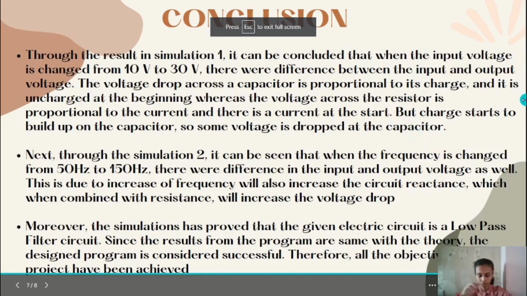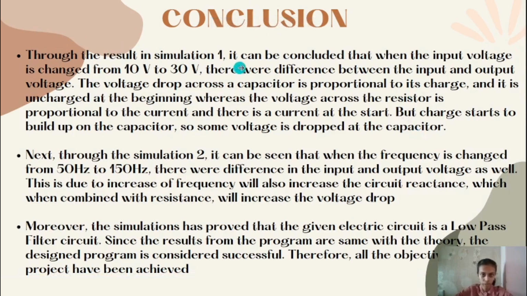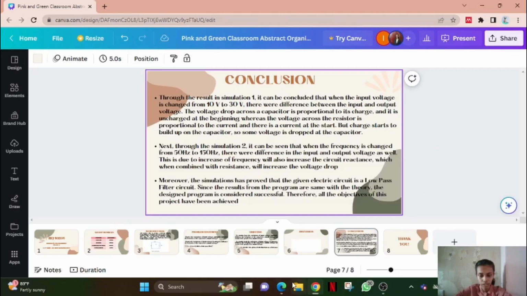So this is the conclusion for our report. Through the result in simulation 1, it can be concluded that when the input voltage is changed from 10 volt to 30 volt, there was a difference between the input and output voltage. As we can see from the graph here,